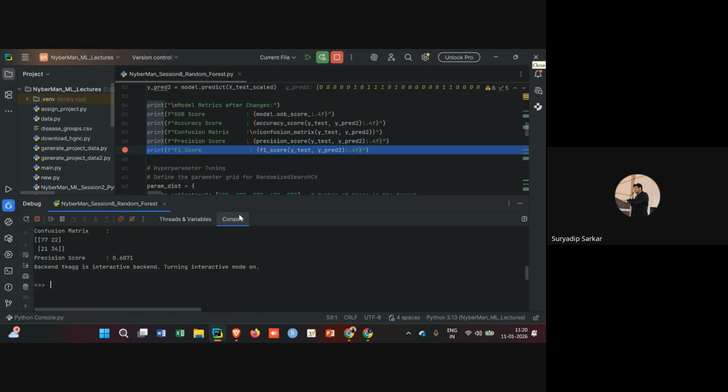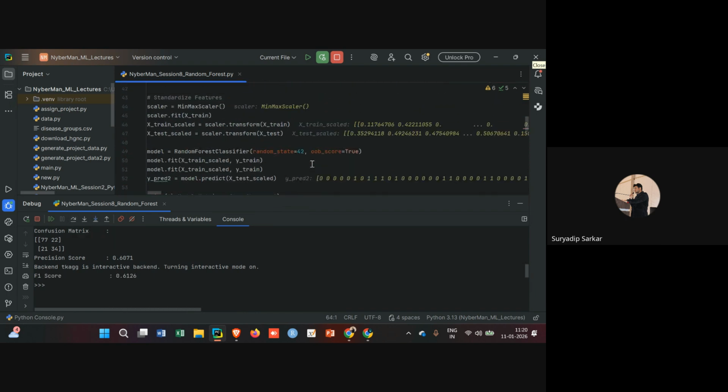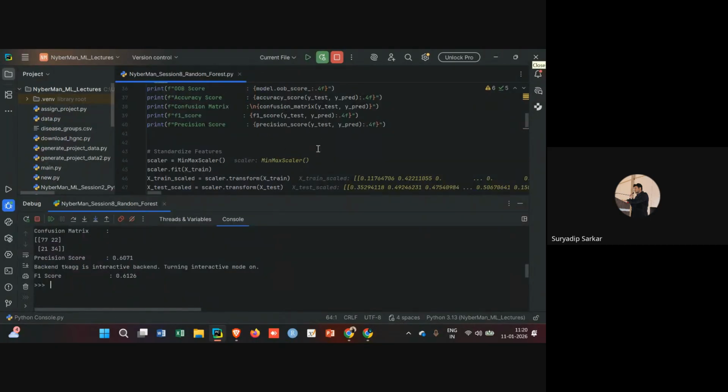Okay, so again we see not too much of a difference, right? Not too much improvement or deterioration, so that is absolutely fine. Basically feature scaling is not doing a lot in terms of random forest, right? And that kind of actually makes sense, right? Because in a random forest, all you're doing is you're using a collection of decision trees. Decision trees are something that are technically scale agnostic if you think about it, because anyway you're making decision nodes, right? You're making decision nodes and you're putting raw values there, right? So the scale of the value should not matter because you're working with ranges here, not discrete values. You're working with ranges here, so the scale of it does not really